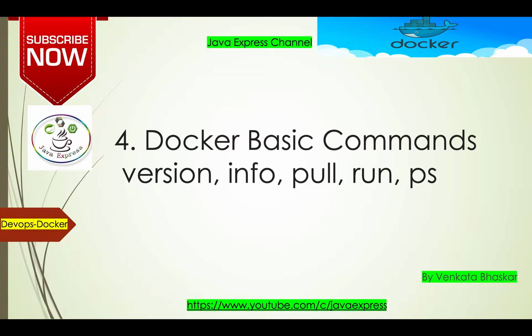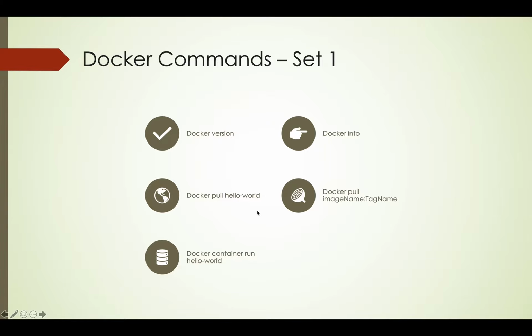Okay, let me quickly start. I prepared the agenda: first we'll go for basic commands. We already explained these commands, but one more time I will explain to familiarize you. Now you are good to run these commands: docker version and docker info. With version, it will include the client and server, and docker info will give you a full long listing, like how many images there are, how many containers there are, everything.